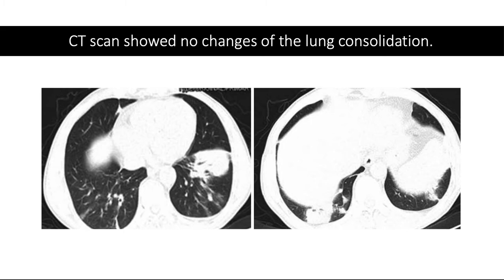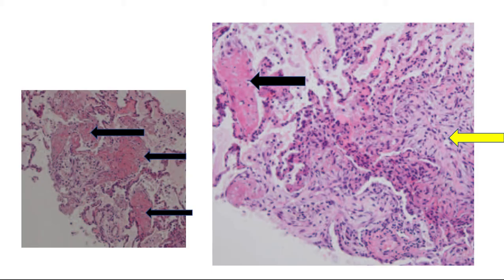The symptoms of the patient did not respond to antibiotic therapy. On the 15th day of hospitalization, the pulmonary CT scan showed no change of the lung consolidation, but more reticular patterns in the lower lobes of both lungs. A CT-guided percutaneous needle lung biopsy was performed as a next step. Specimens of the lung biopsy from the left lower lobe are demonstrated. Histological findings in the lung were the following.